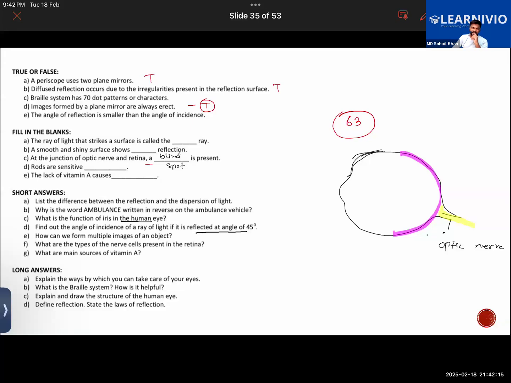45 degrees. Exactly, no? By the law of reflection, it's going to be same basically. Good. Next,